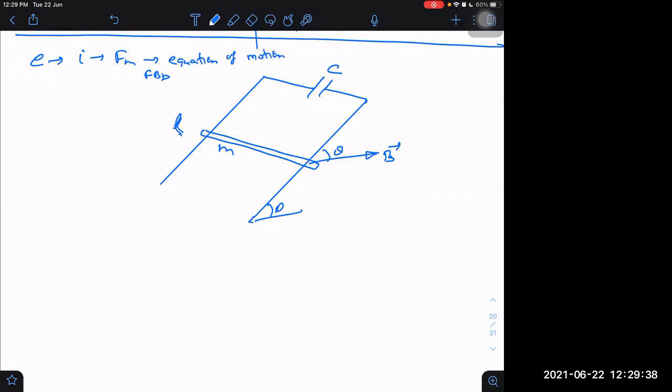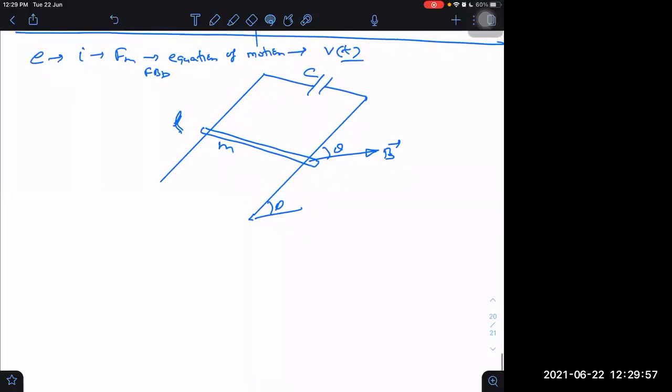Therefore, if somebody is asking a question here, he is most likely not to ask for the equation of motion. He will ask that from the equation of motion we get velocity as a function of time. He may ask how velocity varies as a function of time at last. Can you get this one? Yes, sir, we can.